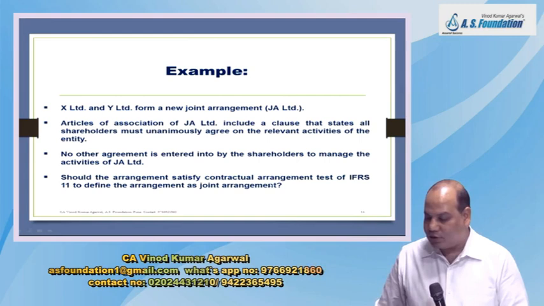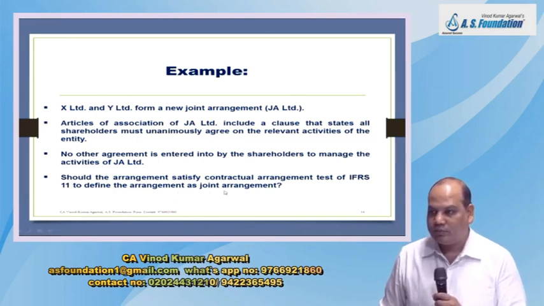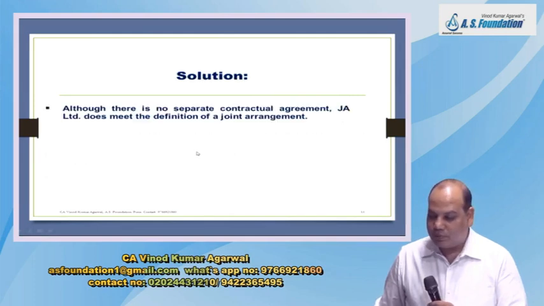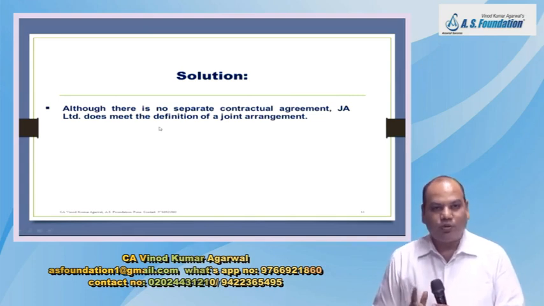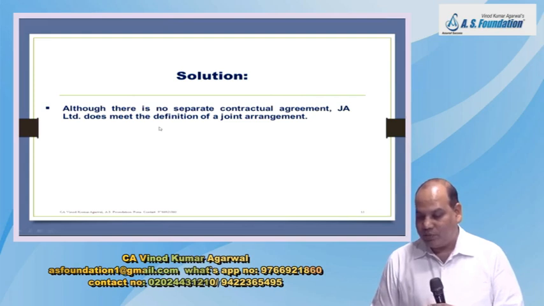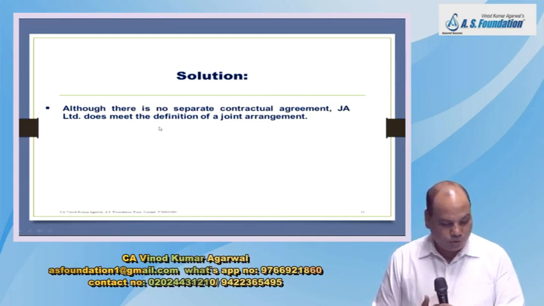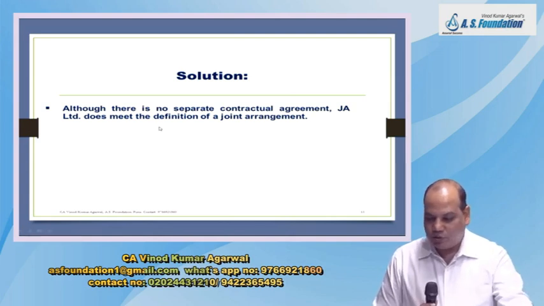Should the arrangement satisfy the contractual arrangement test of IFRS 11 to define the arrangement as a joint arrangement? Yes, but there is no contract. The AOA is binding, so there is an implicit arrangement. As I told you, there can be oral agreements and written agreements, but in some cases there can be an implicit arrangement. So these two examples, 1 and 2, are examples of implicit arrangement. Although there is no separate contractual arrangement,